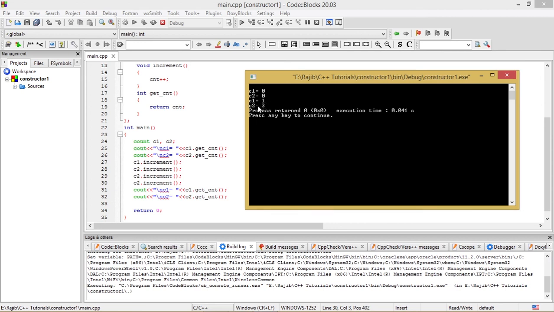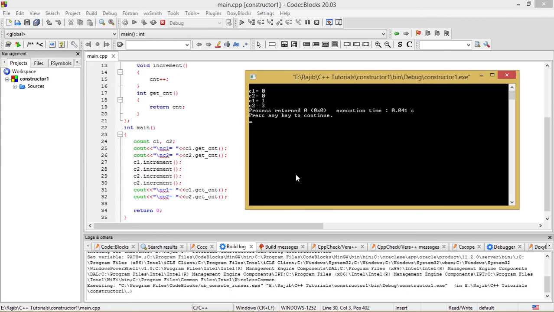C1 is equal to 1 and C2 is equal to 3. That is also what we have expected. So the expected results tally with the results observed from this output. So the program is quite correct, and it has run correctly and without any errors and warnings.